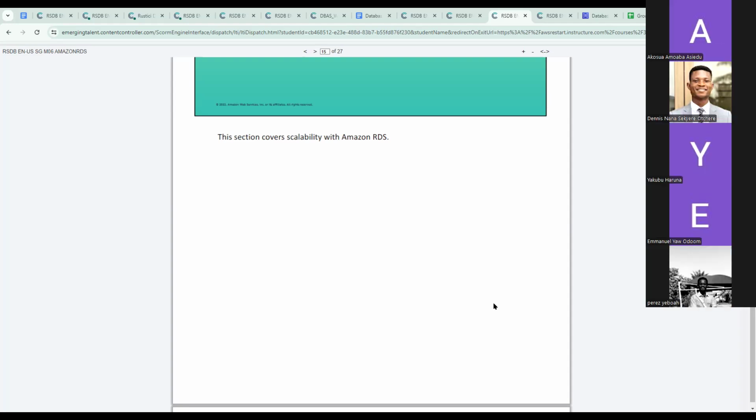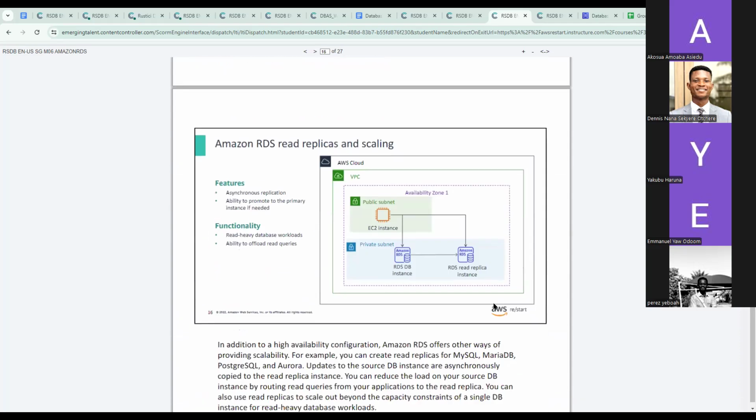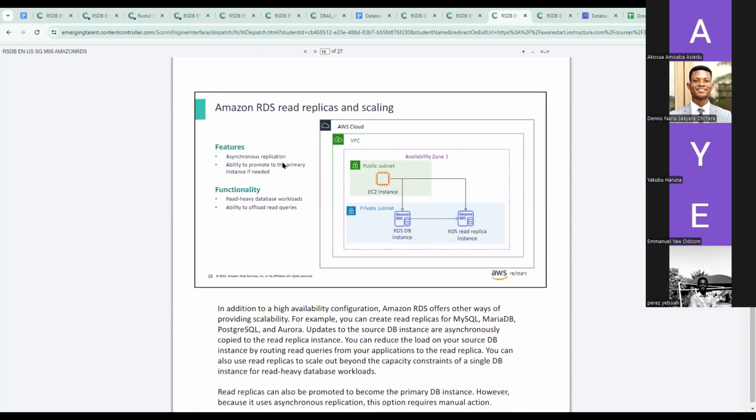you scale? Would you have to scale in? Would you have to scale out? Would you have to reduce your resources? Would you have to increase your resources to meet whatever demand or requests you have coming into your database? So Amazon RDS, read replicas, and scaling. Additional features of read replicas are asynchronous replication and